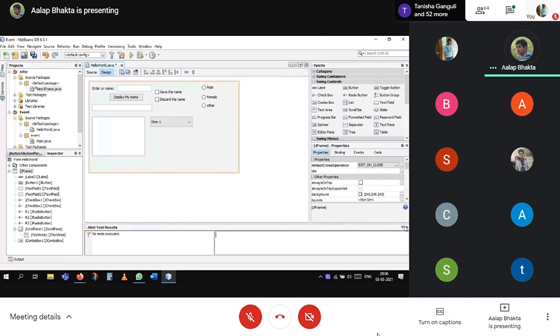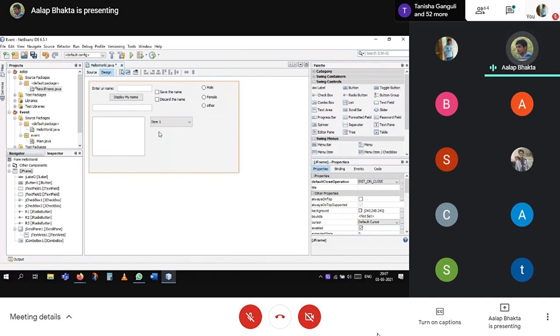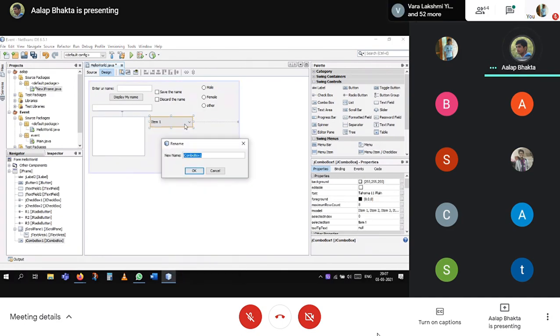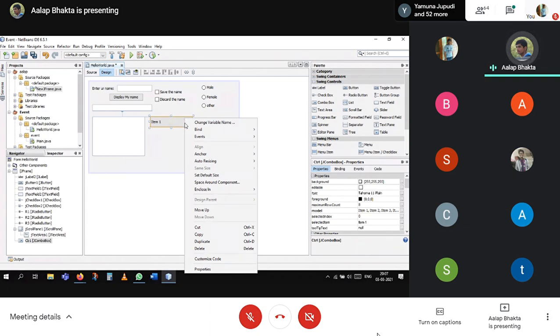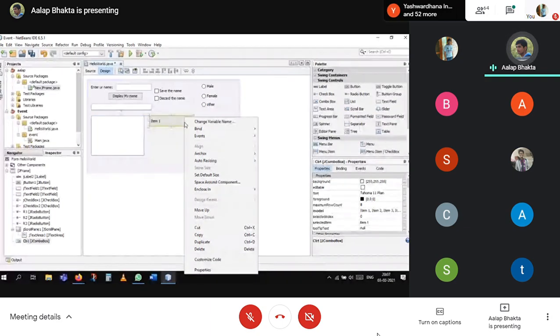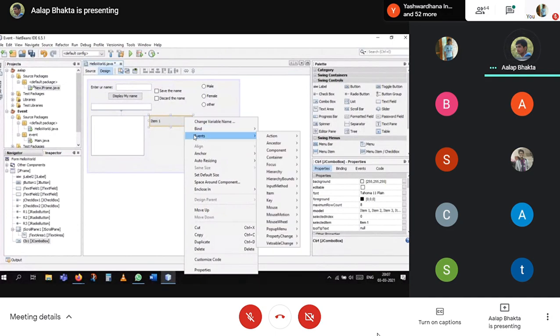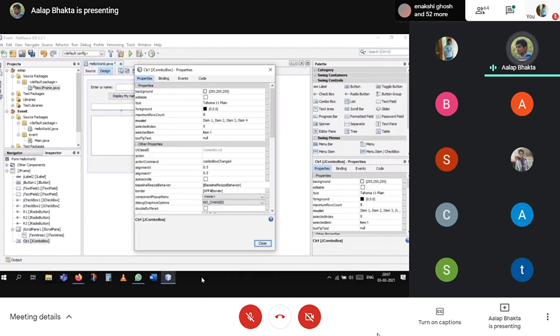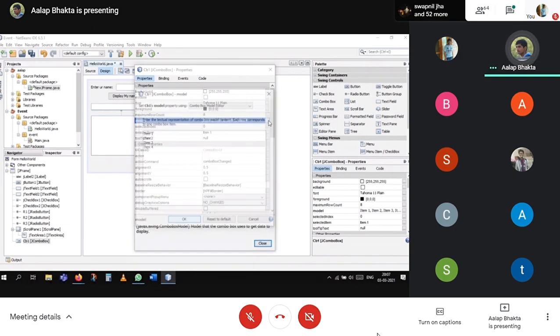If you want to change the variable name, right click, variable name, combo box, like CB1. But if you want to change the items, what it will show in the combo box, go to properties, there's a model property. Click on that.